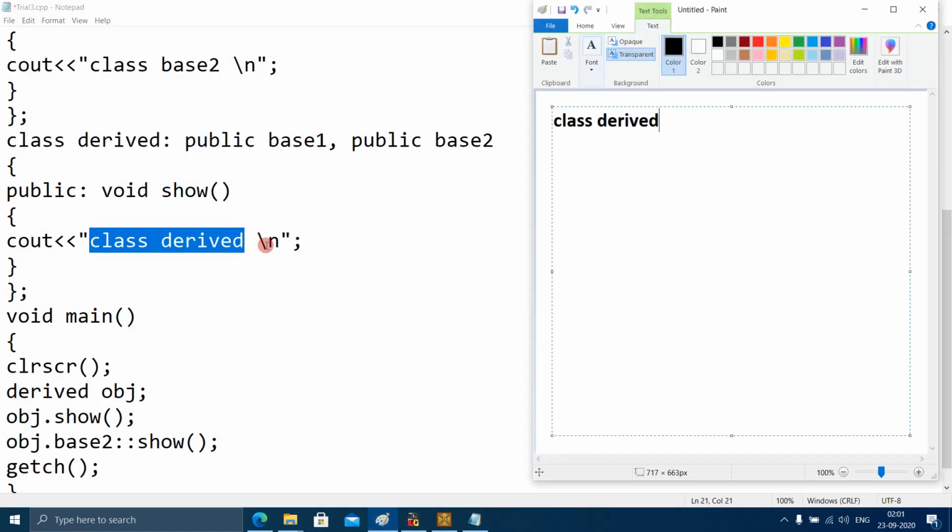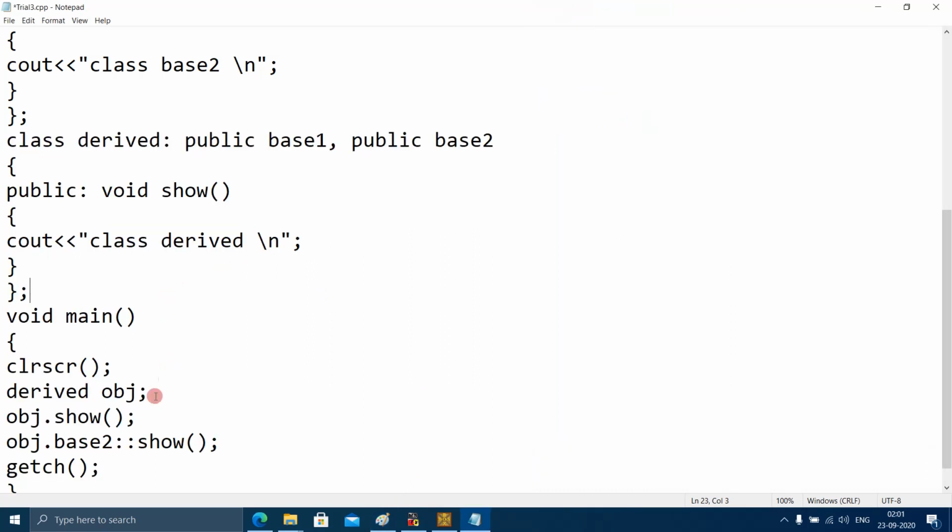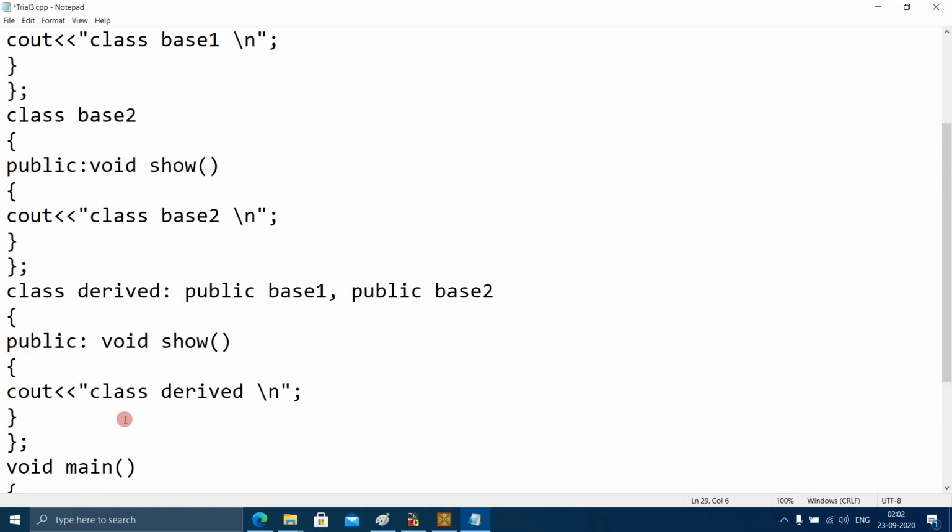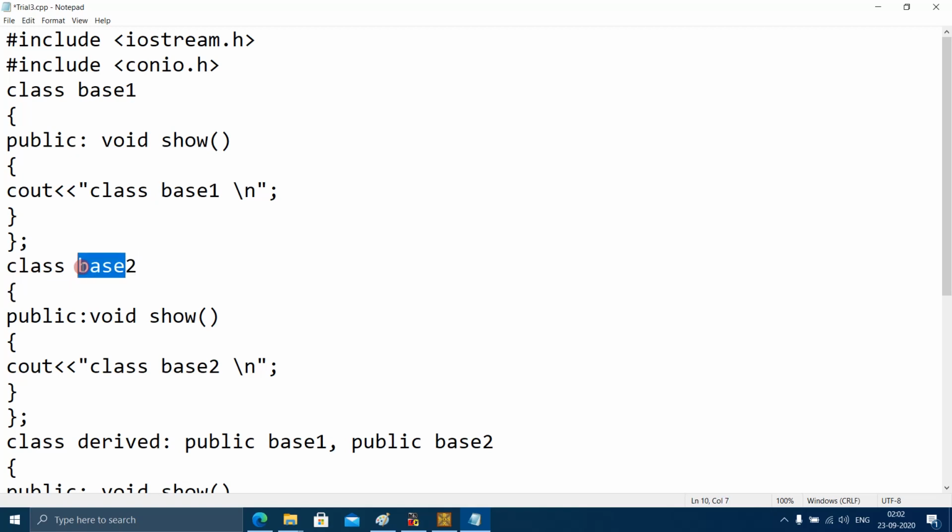And the next line will be in a new line. And next, there is a statement obj.base2::show. This means that this statement is calling the show function of base 2. What is there in the show function of base 2?